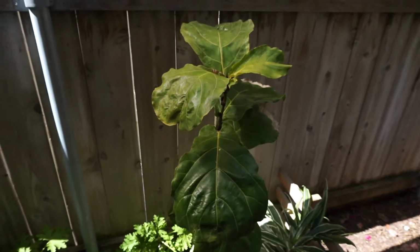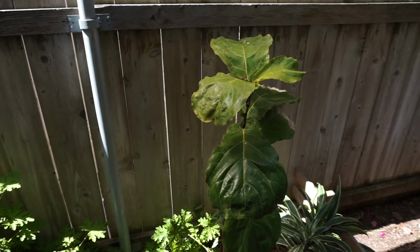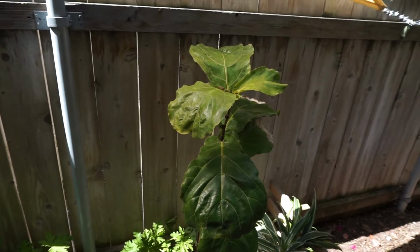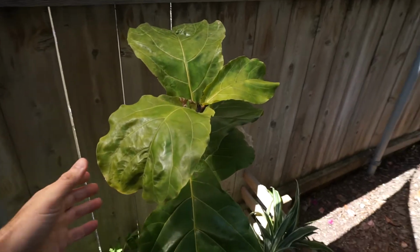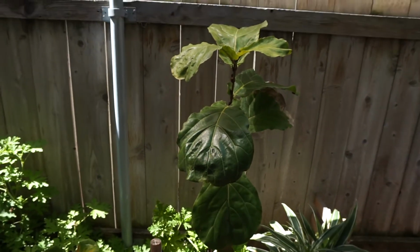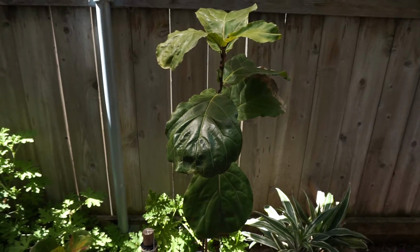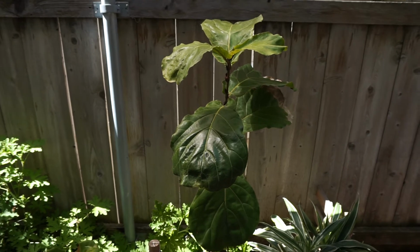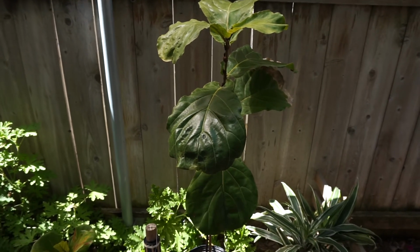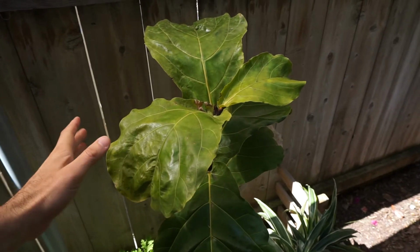So what you're looking at now is 50% of outdoor light, of direct sunlight. So you can see it's shaded, but it's still pretty bright. So this is about how much sunlight your Fiddle Leaf Fig needs to grow and be really lush and really green. The reason I'm showing outside is because you don't realize that it seems like a lot of shade,